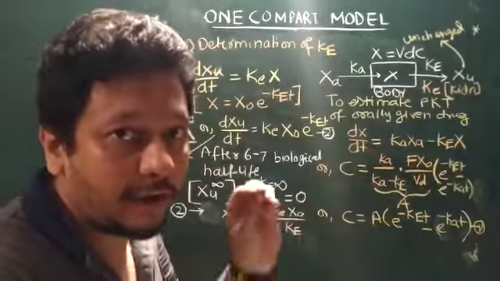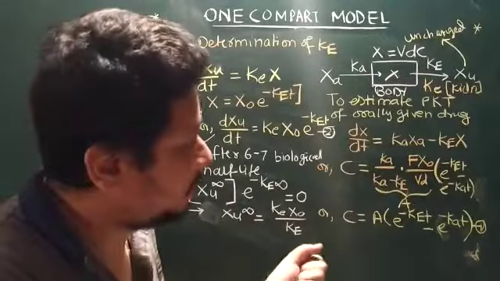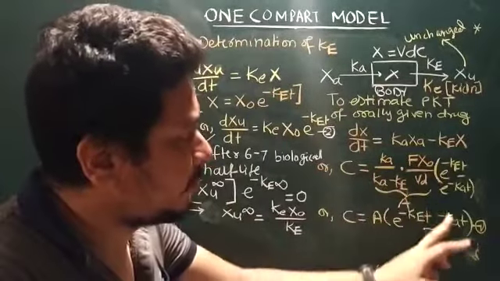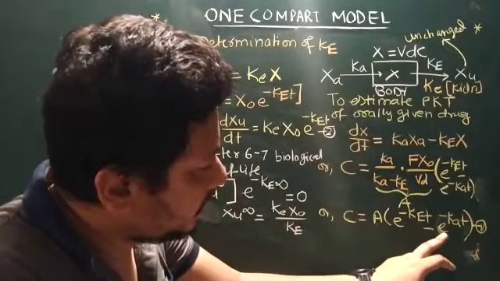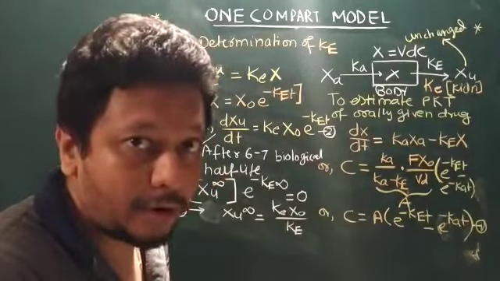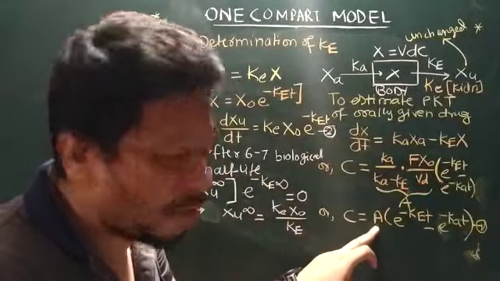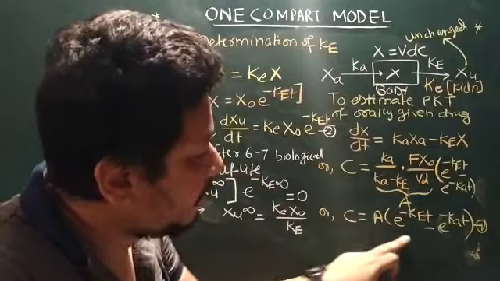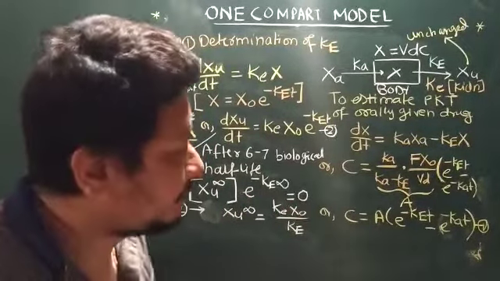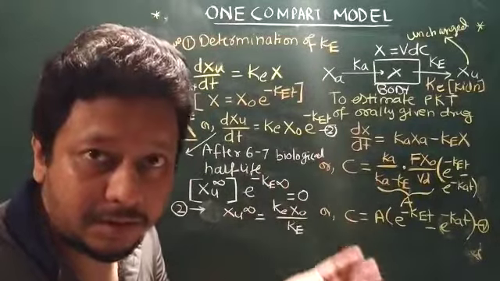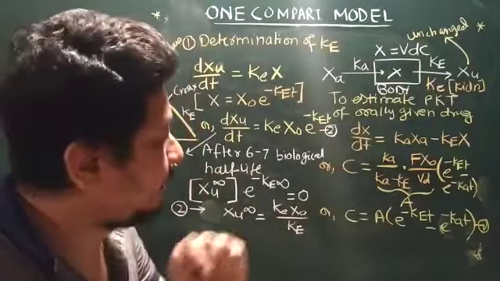F is bioavailability. In the next video I will discuss how to measure bioavailability. X naught is the dose, Vd is the volume of distribution, into e raised to minus Ket minus e raised to minus Kat. That is very important to understand. Now if you consider this entire term, this equation looks very simple, and this is the biexponential form of a drug given orally. We have seen the exponential form for IV bolus and IV infusion even. So over here it is the exponential form for the drug given orally.